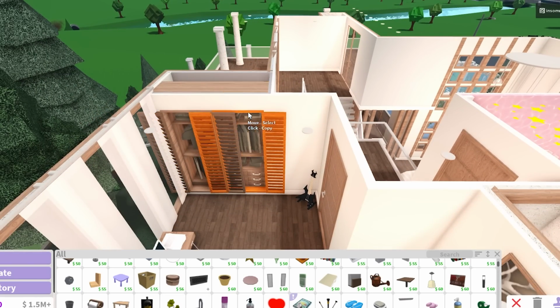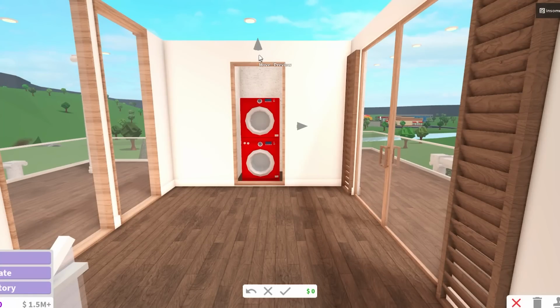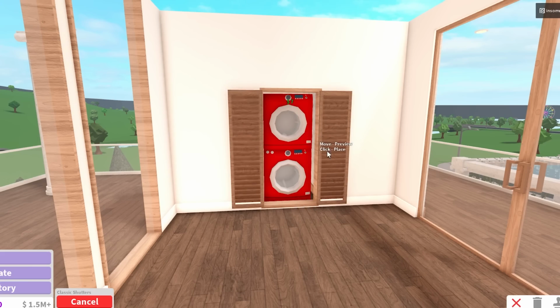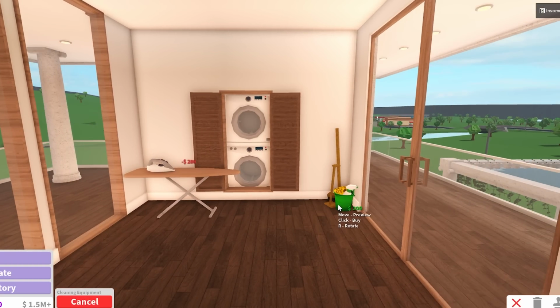So I wanted to put like the laundry stuff here, but I don't really like it on the right side. I want to put it more in the center. I hope this looks a bit better. You know what? If it doesn't, it's okay. At least we experimented. And I'm gonna put this ironing board beside it because it will probably be there, and